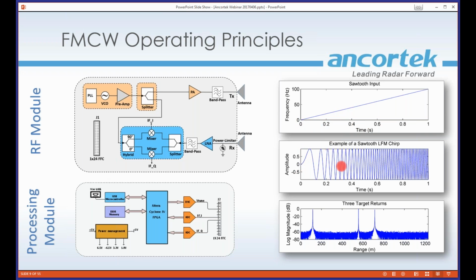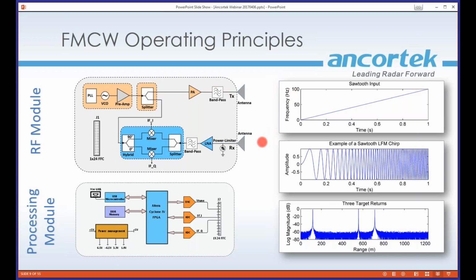You start out with a low frequency, and then it goes higher and higher until you get to that top voltage. And then when you repeat your waveform, it drops back down to 0 here, and this will drop back down to a low voltage. And so what it's going to do is split that output waveform, and we're going to send part of it through a power amplifier, do some filtering, transmit it out into